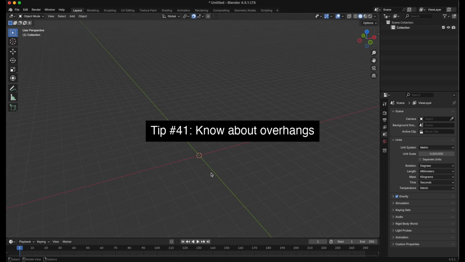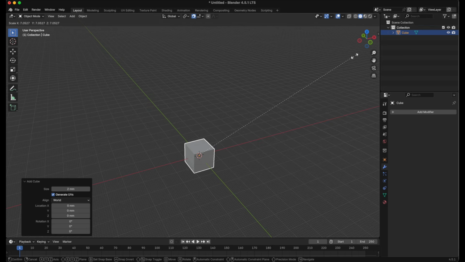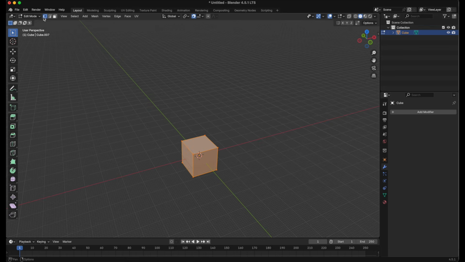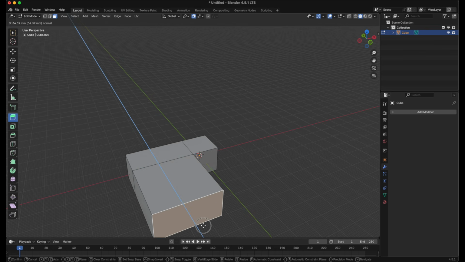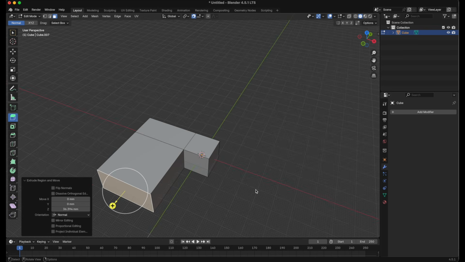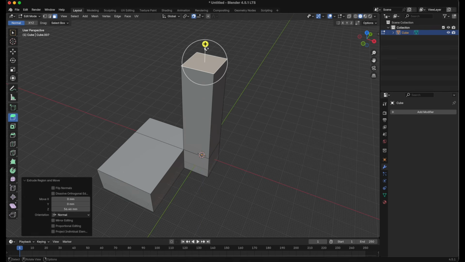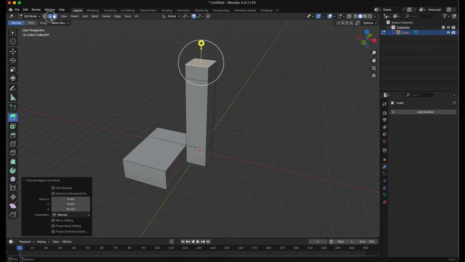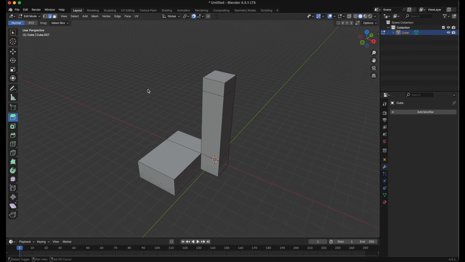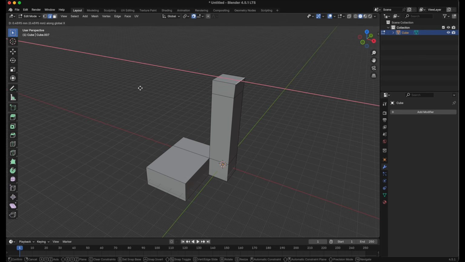Tip number 41. Let's say we have an object here and it's a cube. Let's just go ahead and scale it up here, go into edit mode, face selection mode, and change the shape of the object here. So for some reason our object has to be like this, and it goes up like so, and then one more time like this, and one more time like this. Now, if we go into edge selection mode here, and we select this edge here and we move it,